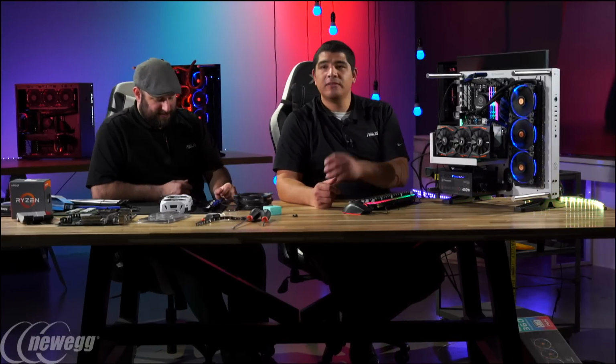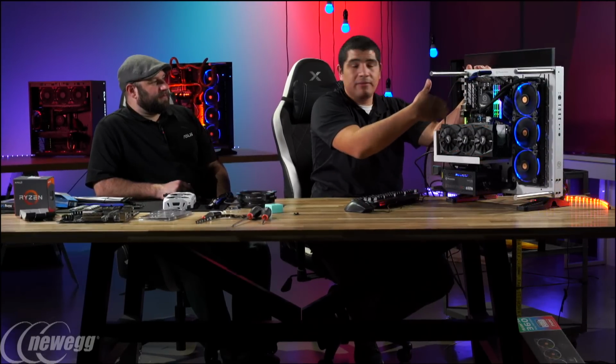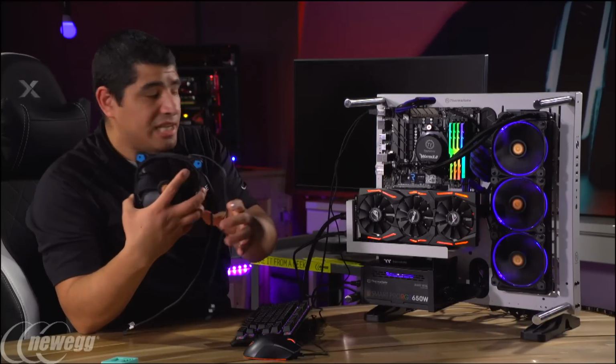Right. But if we envisioned a more traditional chassis, this would potentially be mounted on the top or the front. So you might have front intake fans, then maybe a rear exhaust fan, you might have a side fan, you might have a bottom mounted fan. So what I'm going to end up doing is connecting these two to two different chassis fan headers, and